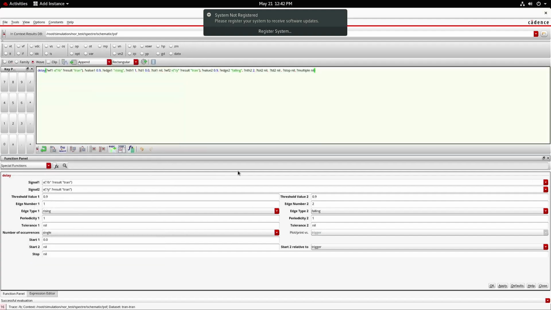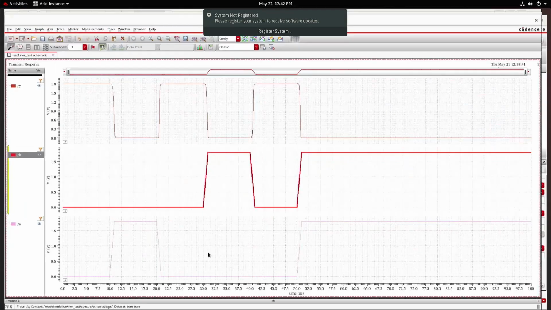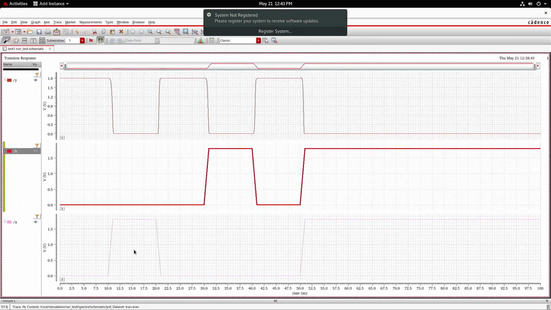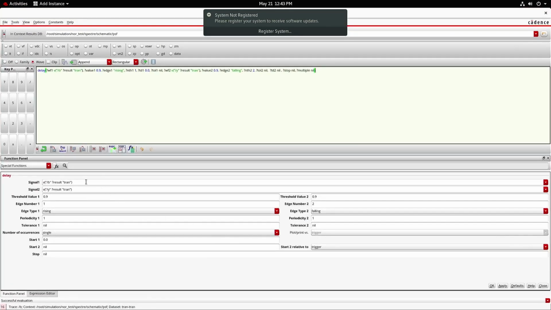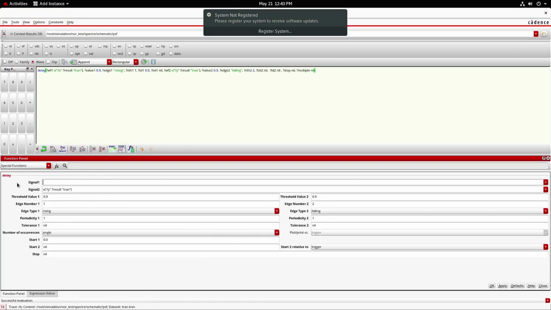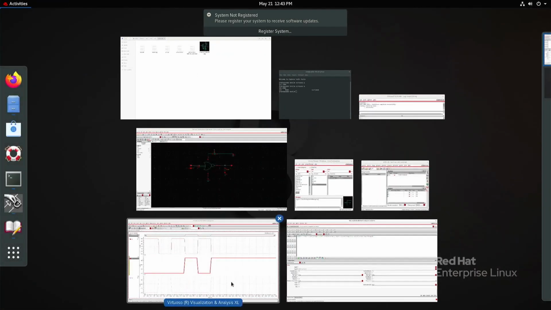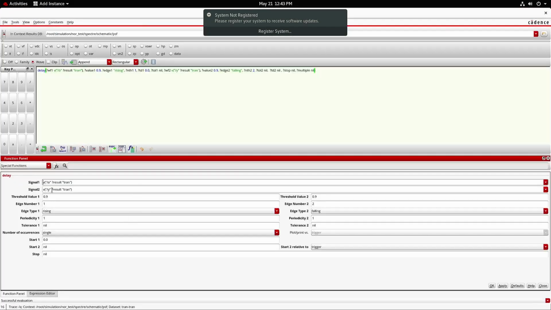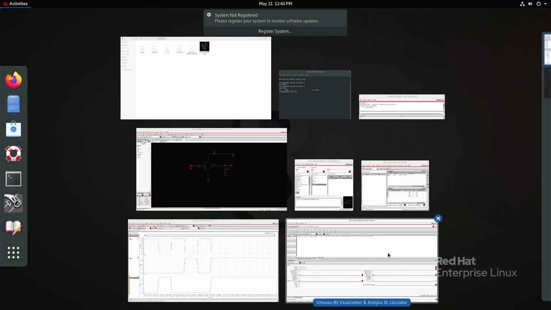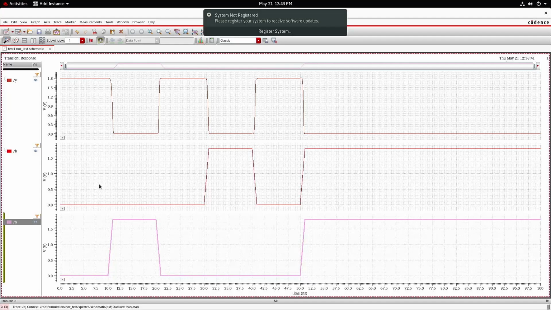Next I need to compute the delay for 1, 0. If you observe 1, 0, this is 1, 0. A is transitioning. Therefore, again in your calculator, instead of B, I need to take A as the input. If I select A, from your waveform you can observe this is 0, 1 pattern.